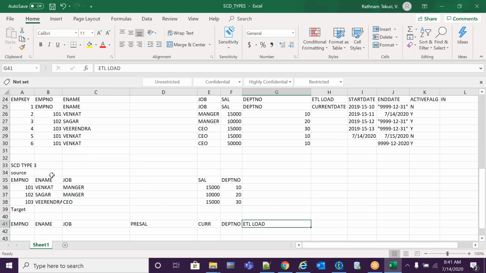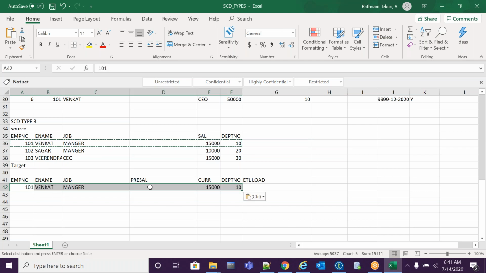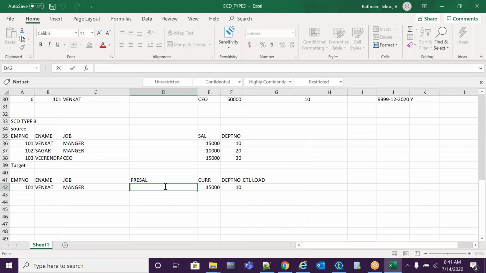See, where is my source? This is my source. So what is the current salary? 15,000. So first, how will it insert the record? The key does not exist, so it will insert it. Previous salary it will make empty.